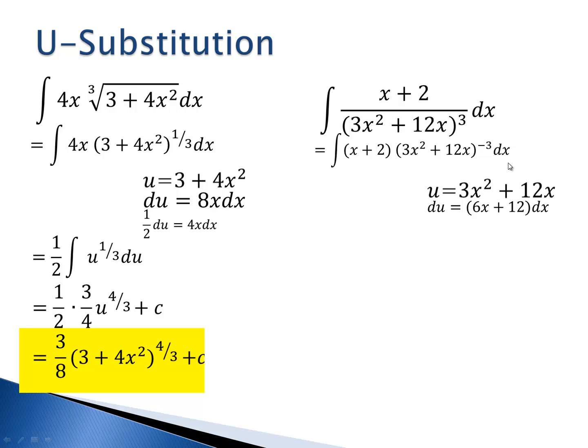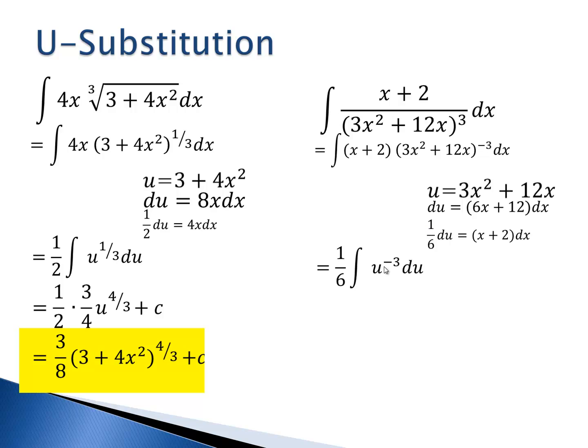So how can we make x plus 2 dx show up in that du equation? Dividing by 6 would do that for us, factoring out that 6 if you like, and then dividing by it. So we've got 1/6 du is the leftovers there, the x plus 2 dx. Okay, so we'll make that substitution then. Our 1/6 du goes in for the x plus 2 dx, and the rest of it was our u to